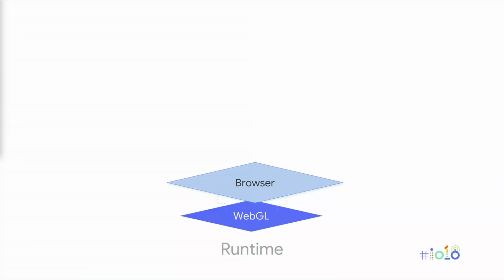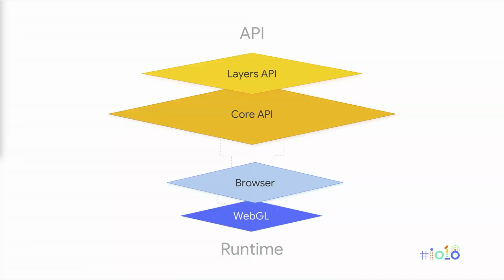To give you a schematic view of the library, we have the browser that does all the computation using WebGL. TensorFlow.js has 2 sets of APIs that sit on top of this. A core API, which gives you low-level building blocks, linear algebra operations like multiply and add. And on top of it, we have the Layers API, which gives you high-level building blocks and best practices to build